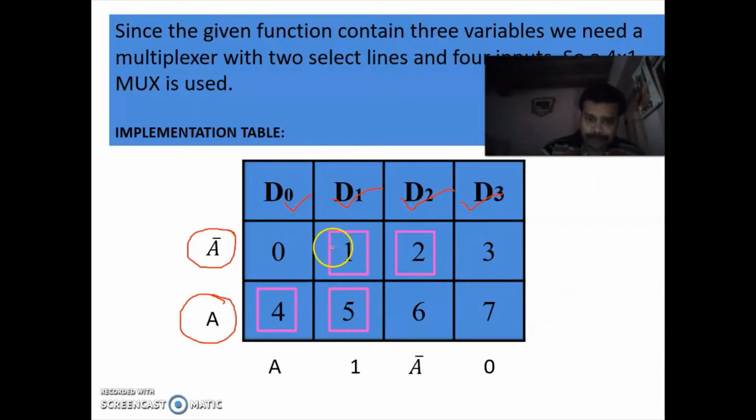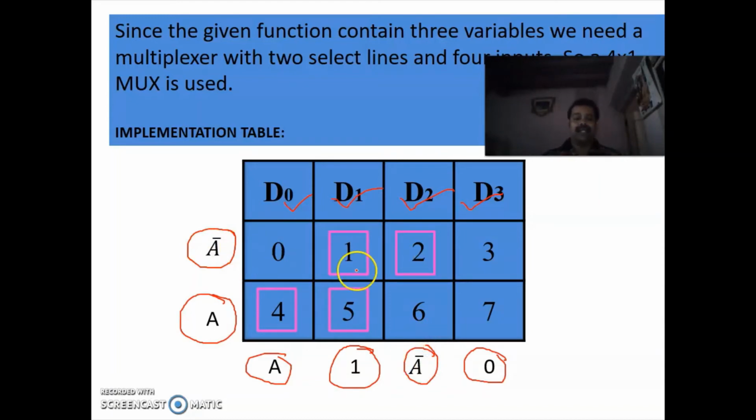If both the numbers are encircled in a particular column, put it as 1. If both the numbers are not encircled, then put it as 0. If the number in the second row is encircled, then put it as A. If the number in the first row is encircled, you put it as A bar.